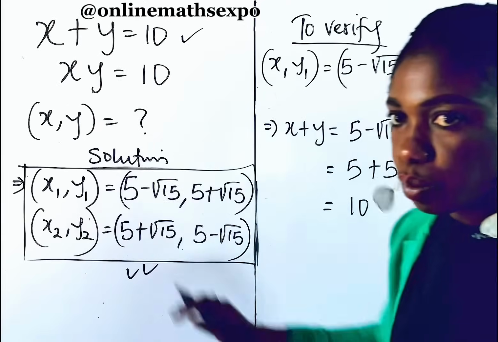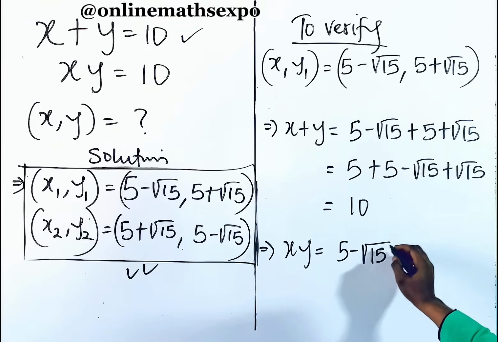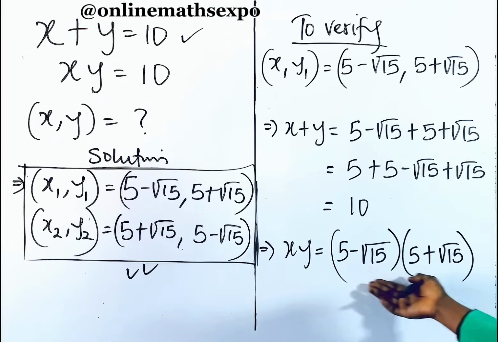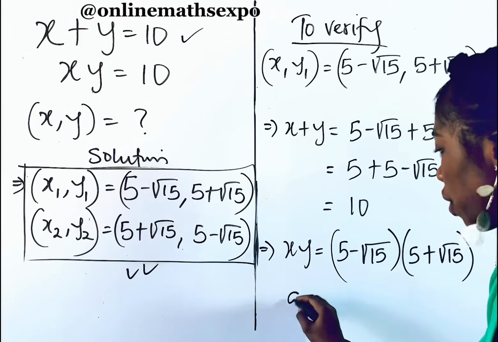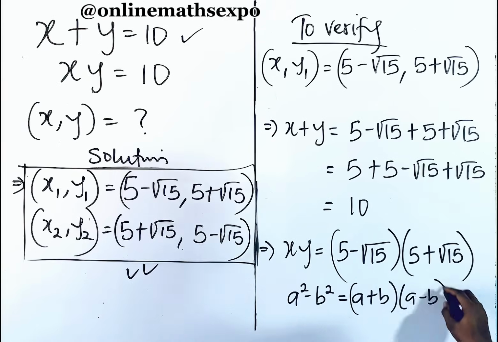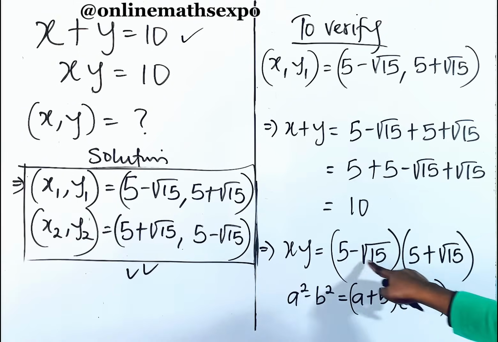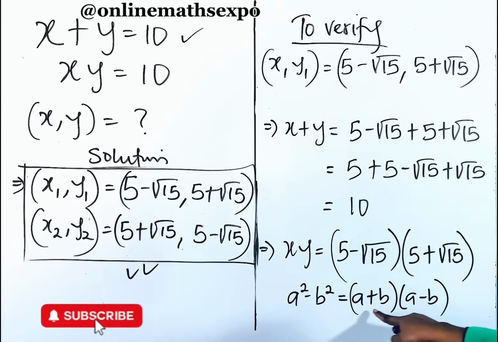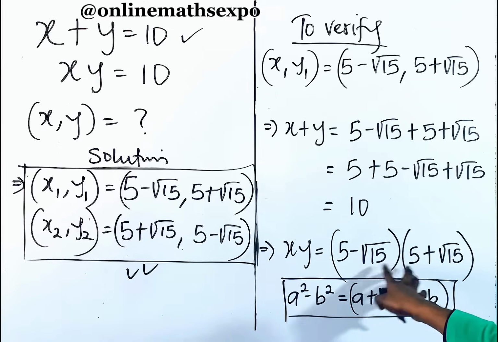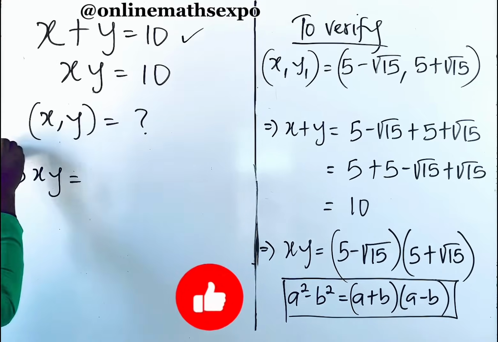So you see that adding has given us 10. Let's also check for the multiplication. For the multiplication, we have 5 minus root 15 multiplied with 5 plus root 15. Now, when you look at this, it reminds you that whenever you have a squared minus b squared, it is a plus b into a minus b. You see that these two brackets have the same values; their difference is in their signs. So if this is true, we are going to make use of the difference of two squares for easy expansion of these two brackets. So we are going to have xy equal to,